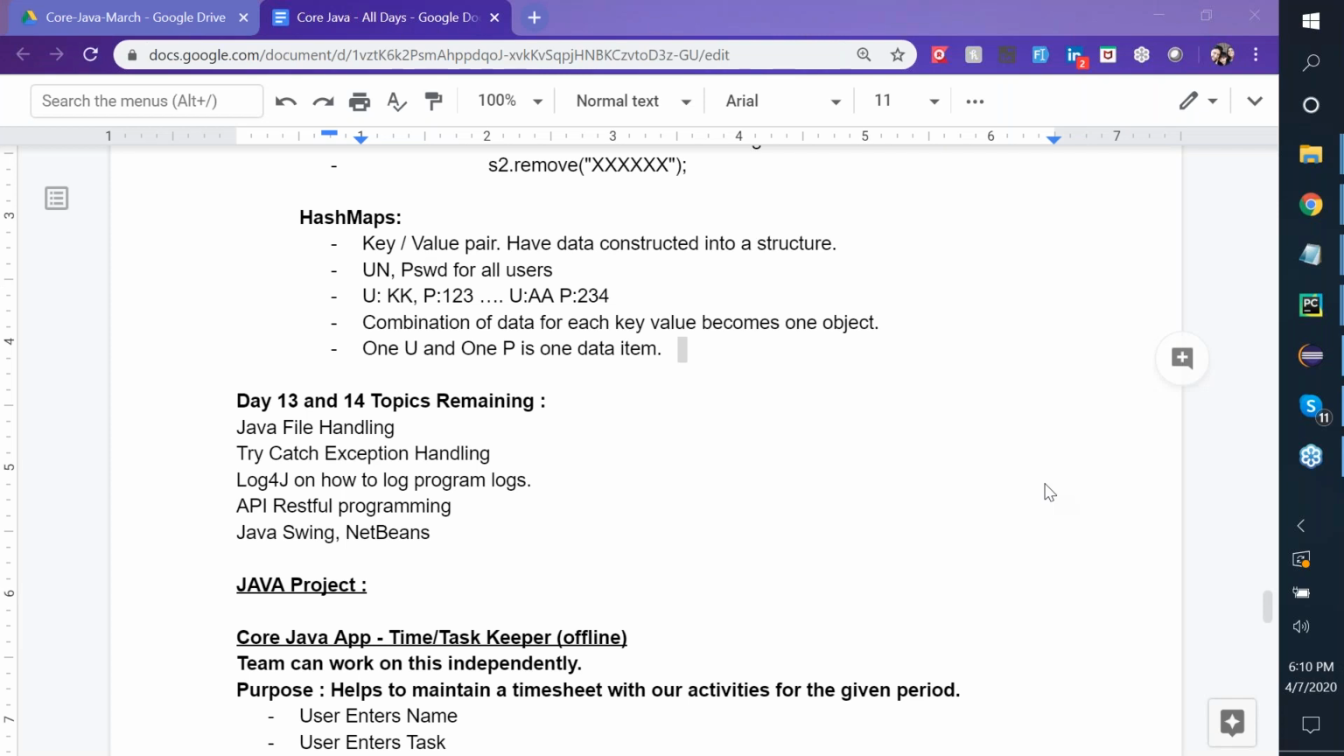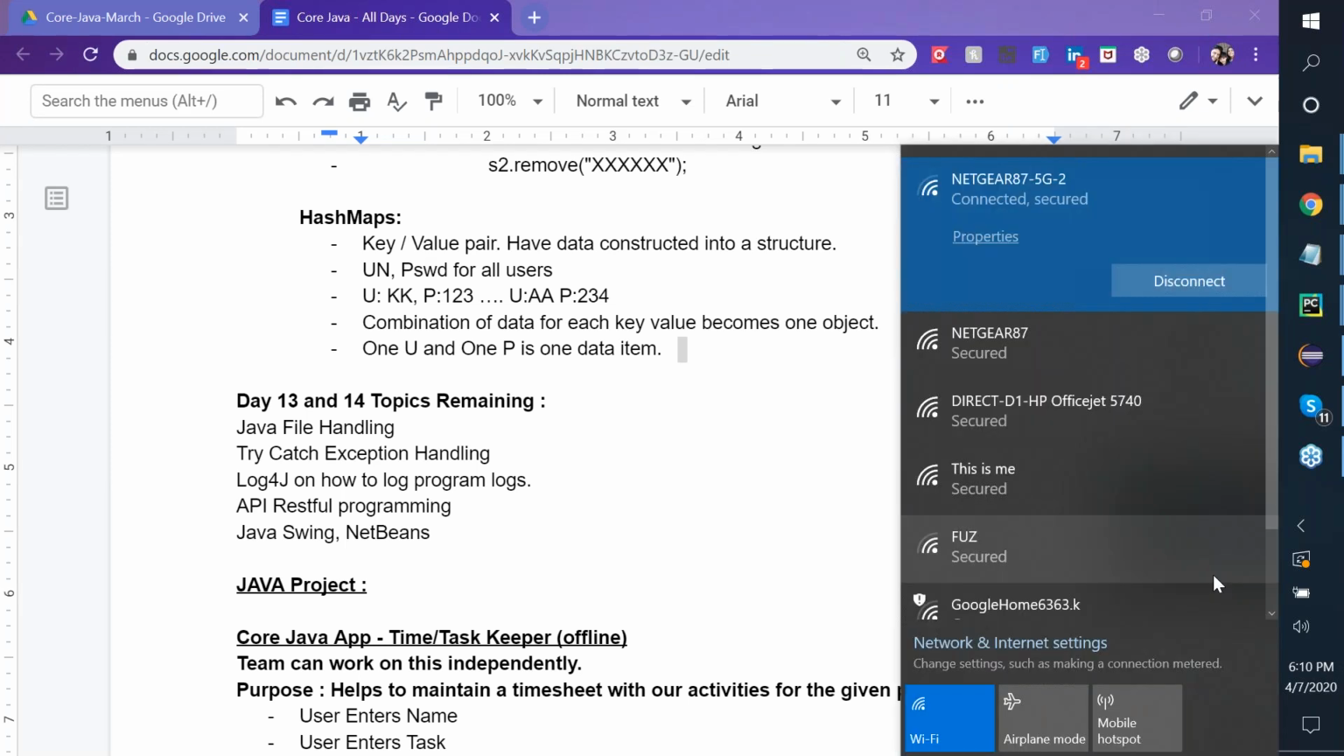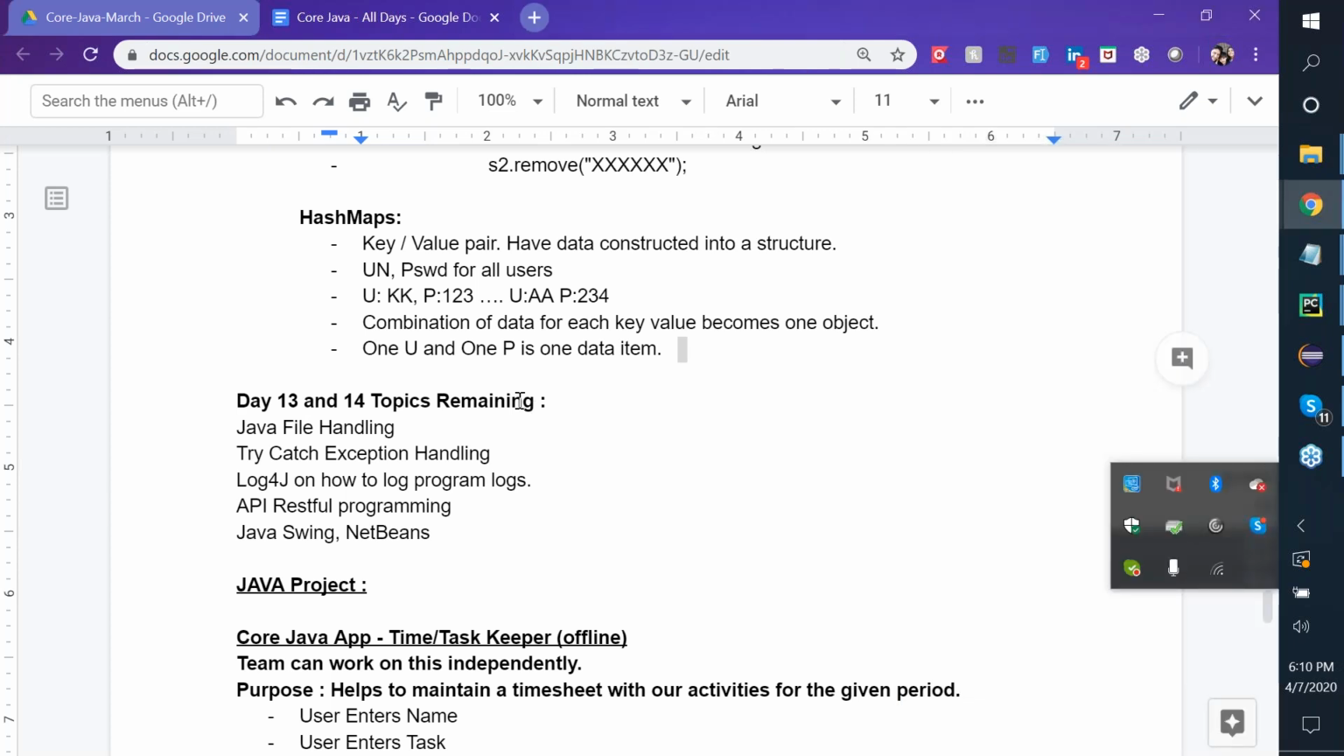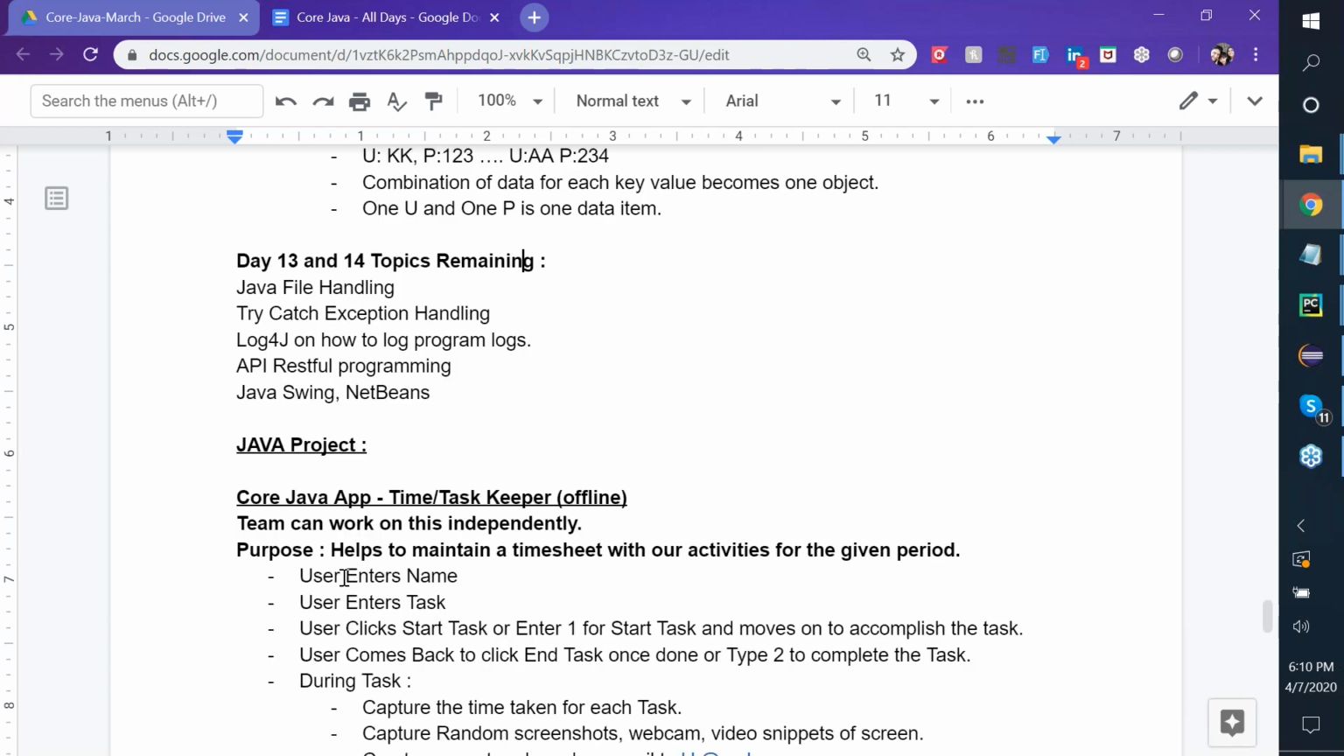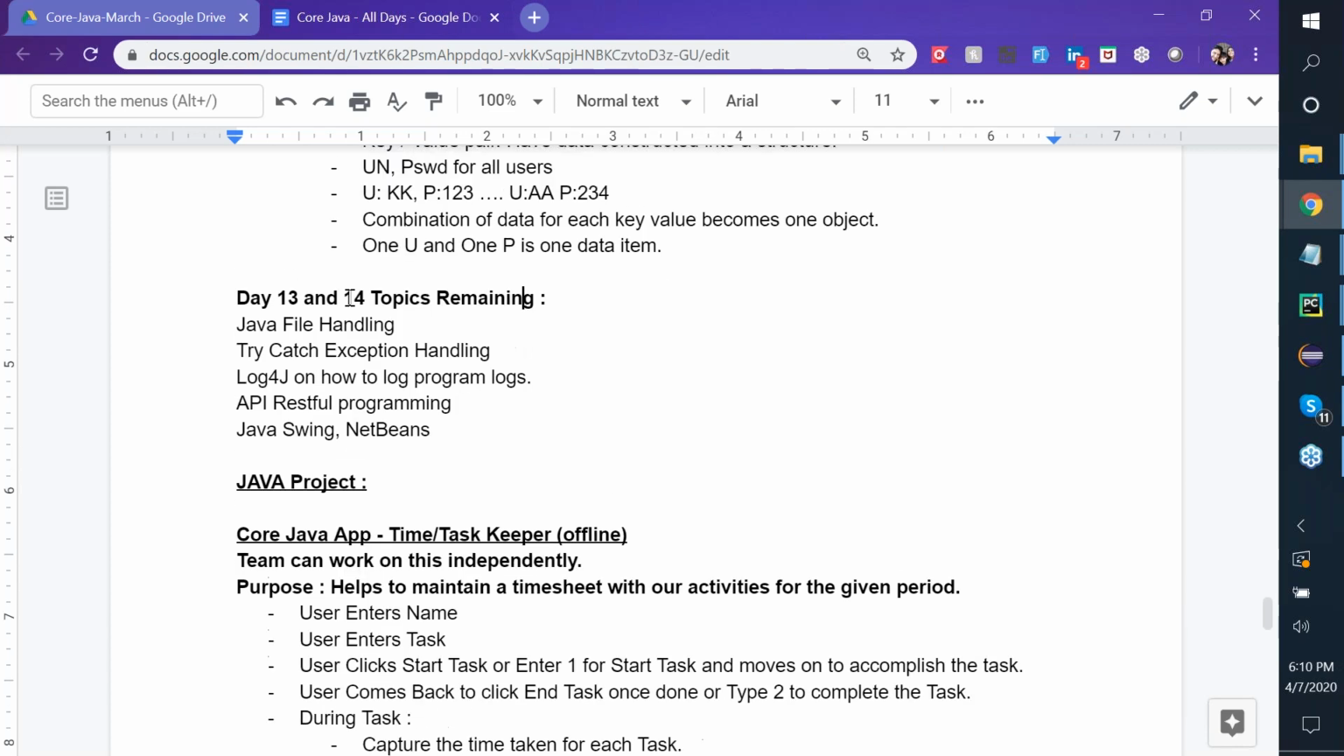Welcome back to our continuation for our core Java training. Today is day 13 from a training perspective. Yes, there are a few Java projects or assignments that I'm giving on the side. Let's keep them aside. A few things we want to do today: let's talk about handling files,